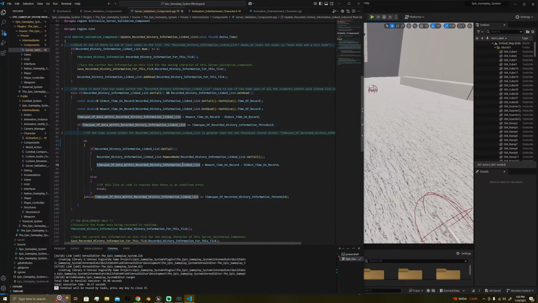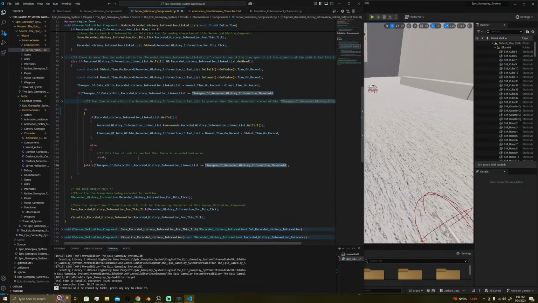So we're basically getting the time again and checking it here. And as long as this time span is greater than the threshold, then we continue removing the tail, right? Because we only want to store the information for this duration of time. And to visualize it again,